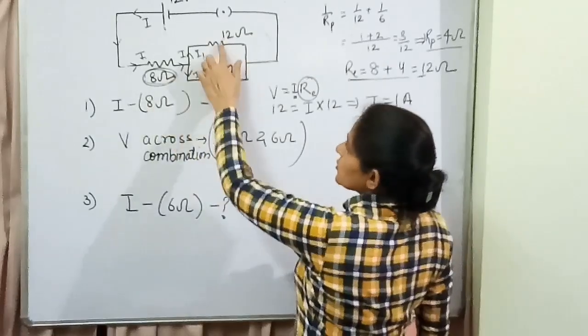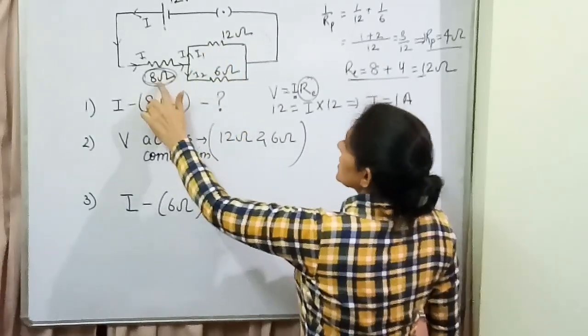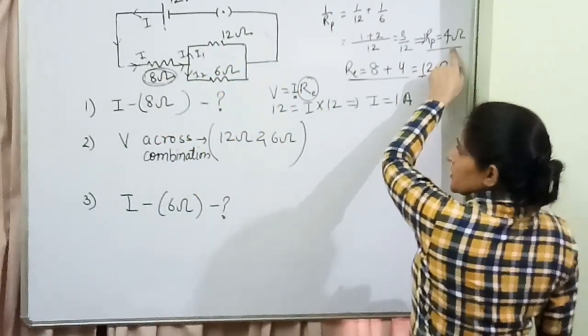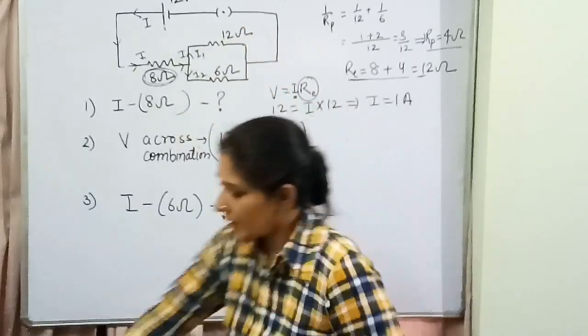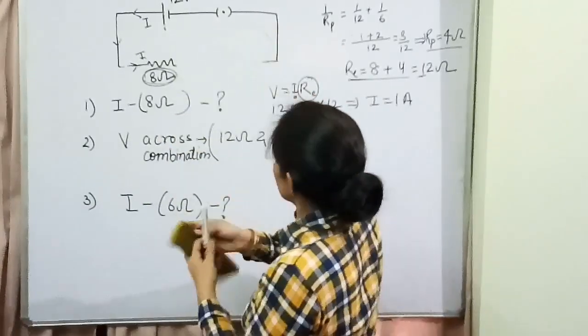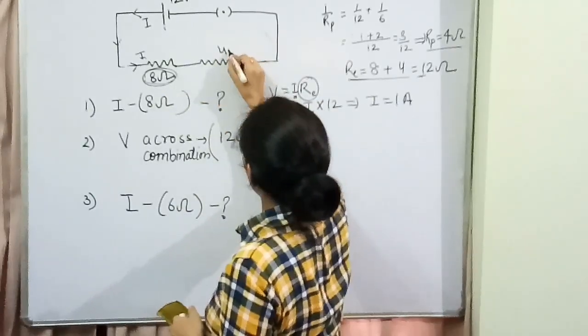दिस इज वन रजिस्टर एंड दीज टू आर इन पैरेलल. सो पहले पैरेलल वाले को सॉल्व करेंगे, देन ऐड इट इनटू द सीरीज. सो पैरेलल वाले कॉम्बिनेशन को हम सॉल्व करेंगे, वी गेट 4 ohms हियर. सो इन दोनों को अगर आप रब करके 1 मिनट के लिए हटा दो तो यू कैन ड्रॉ इट दिस वे. ये 8 ohm और इनका इक्विवेलेंट रेजिस्टेंस आपके पास कितना आया है?